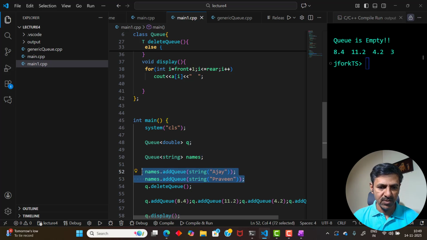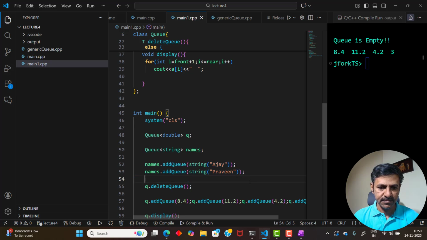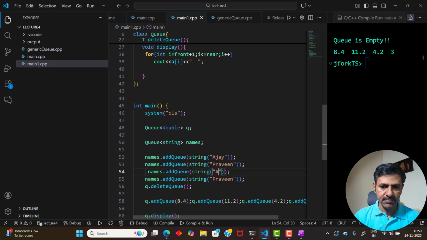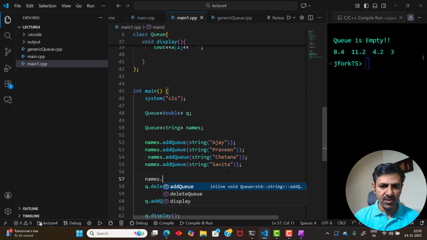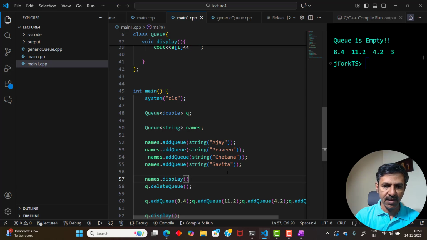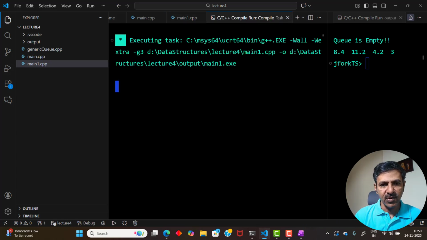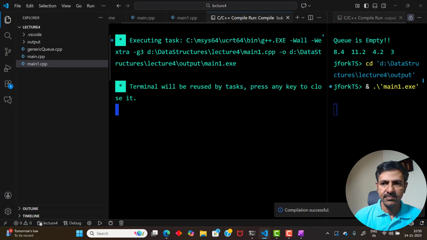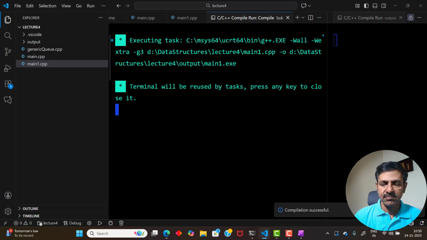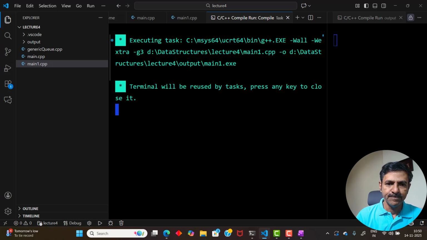You can add 2 more. And if I say names dot display, let's see if it works. If it is not working, we'll see what is the problem. As you can see, the behavior is undefined. You will not get any output. The reason is